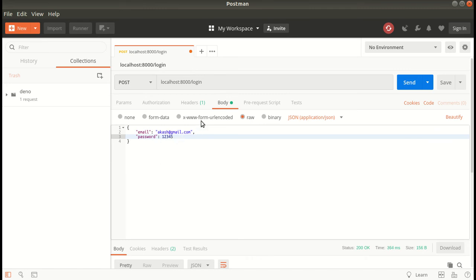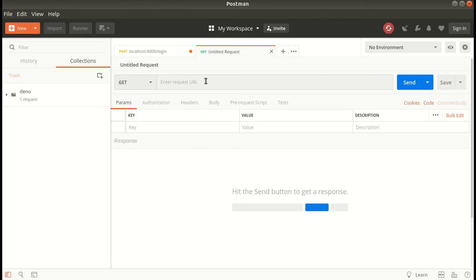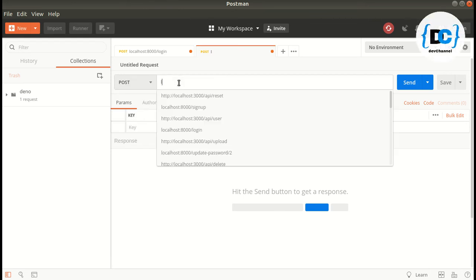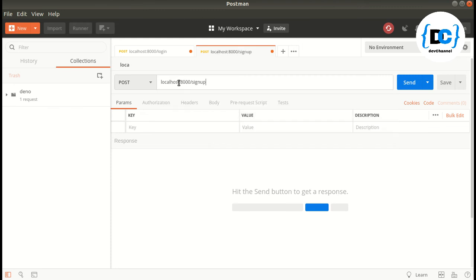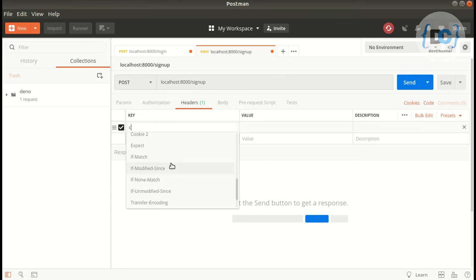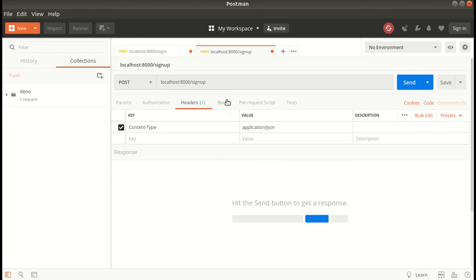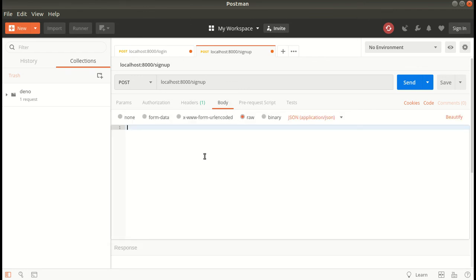Guys, now let's try making a fresh entry first. Let's use this localhost signup, with content type application/json, raw. Here we need name, so let's give any random name.